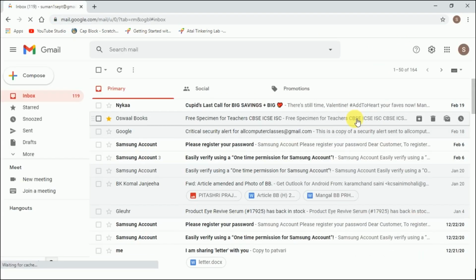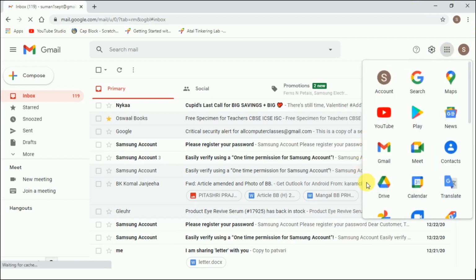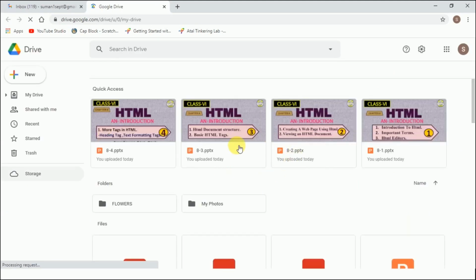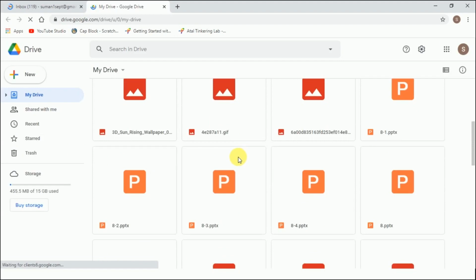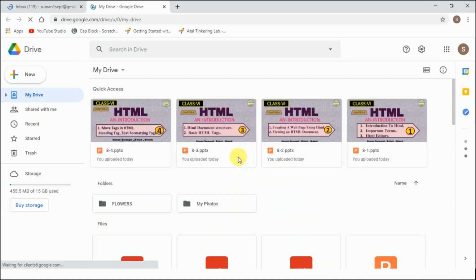You will use your password and username, and once you come here you will visit this button, Google Apps, and come here on Google Drive, right? So it will take us to Google Drive. Now here I have some pictures, some documents, some PDF, so many things I have kept here.